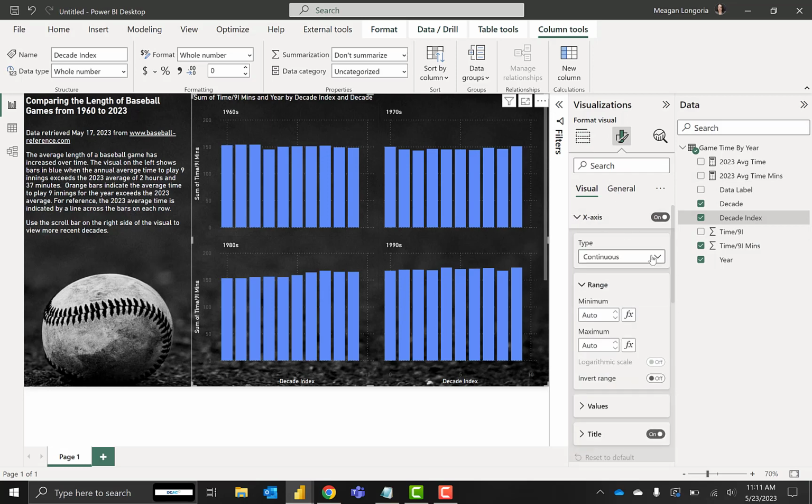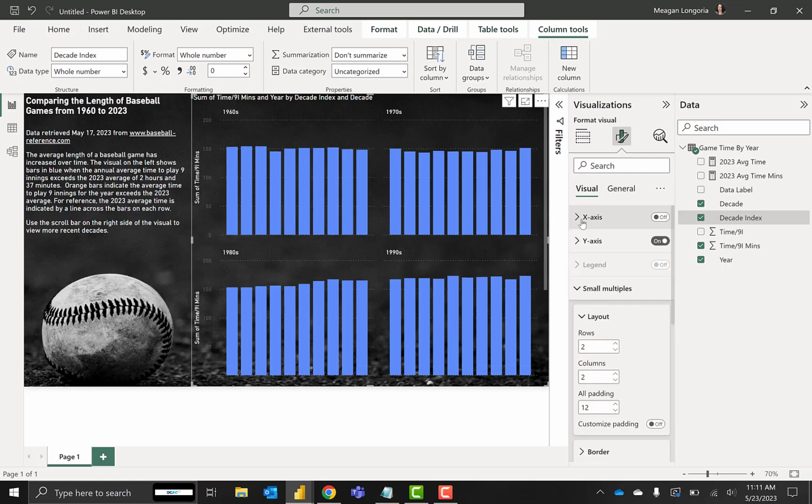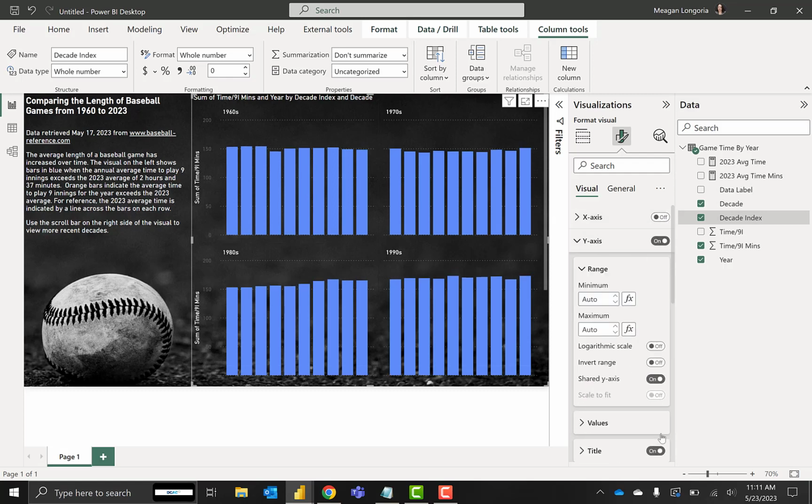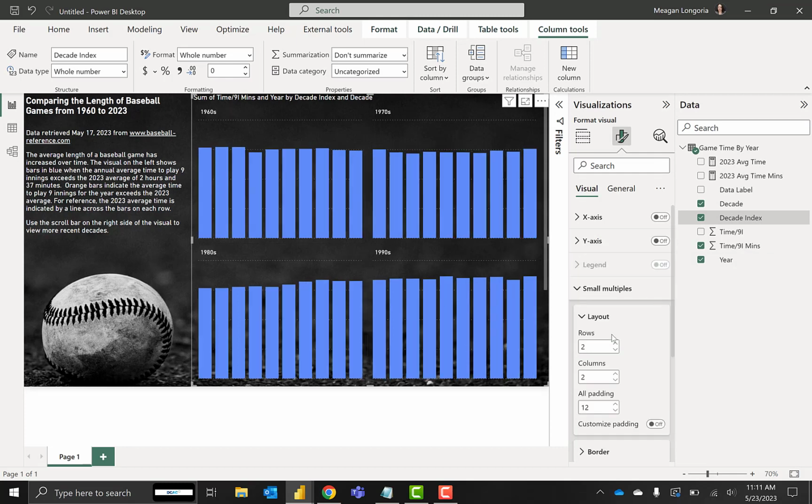I'm going to turn my x-axis to categorical and turn the title off. And then turn the whole thing off. Same thing, turn the title off, turn the whole thing off. And then I would like